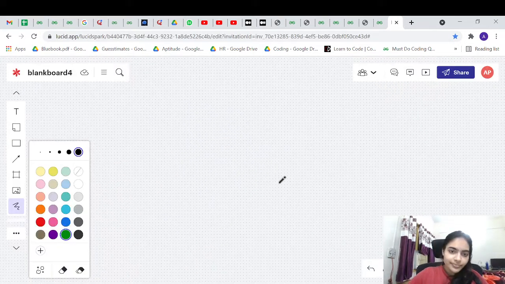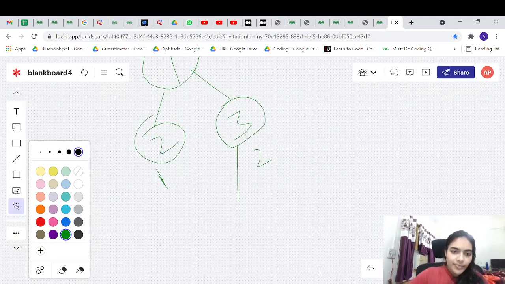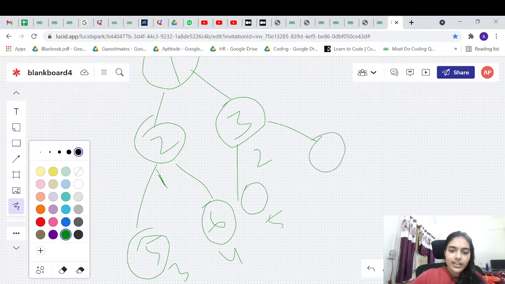For example, I have 1, 2, 3. This is at index 0, this is index 1, this is index 2. And then I have some nodes here, index 3, 4. Let's say some numbers here, and I have some nodes here, this is value 5 and 6. For node 2, this is the second node, the children are 5 and 6.